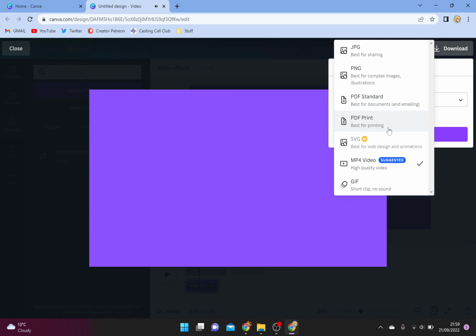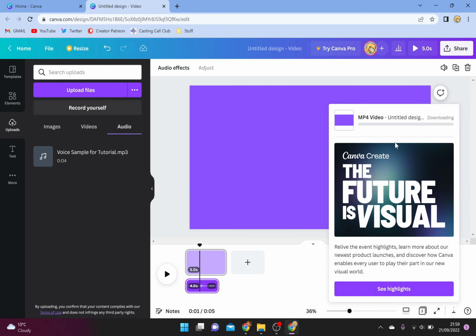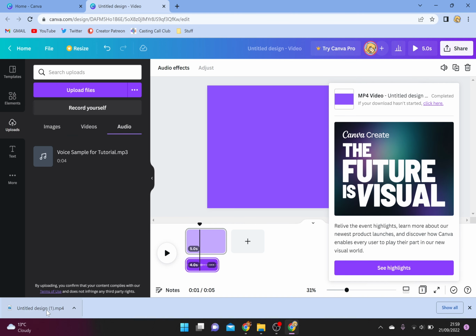It'll come up with different options for which you can select, but MP4 file is already selected for us. So we click on that, and then you just press download. And this will come up, it'll show you that it started downloading, and that's going to download automatically to your downloads file, and it's actually as simple as that to make a video. And there you can see it's already downloaded, it's just untitled design at the minute, and that'll appear in your downloads file. So that's part 1 of this tutorial, but I'm going to include a part 2,